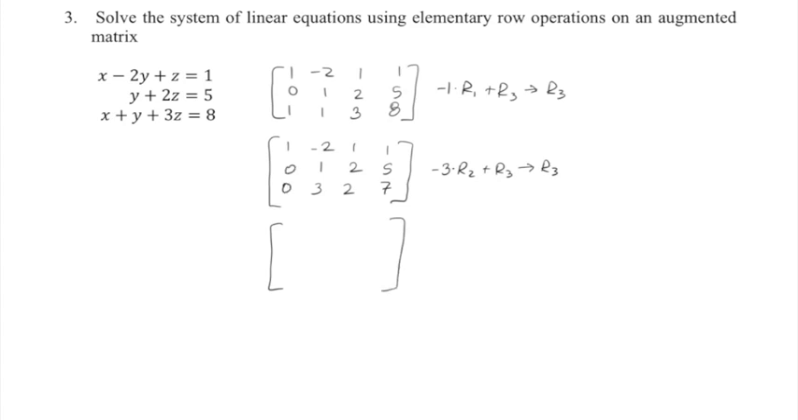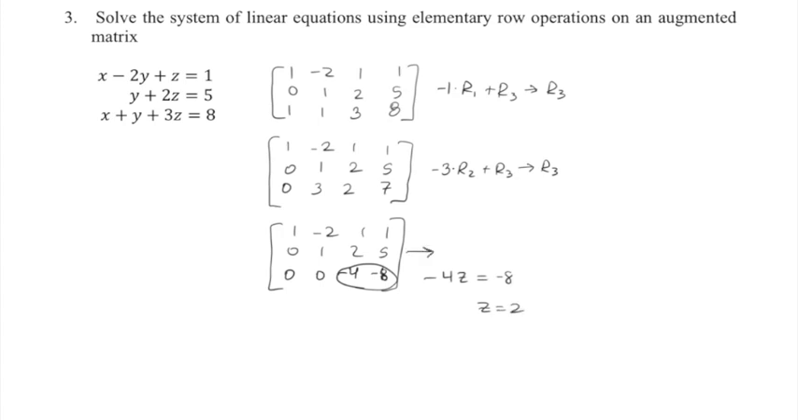So 0 times negative 3 plus 0 is still 0. 1 times negative 3 is negative 3 plus 3 is 0. 2 times negative 3 is negative 6 plus 2 is negative 4. And 5 times negative 3 is negative 15 plus 7 is negative 8. And technically it's not in row echelon form, but we can still solve now. It's far enough along where we know that negative 4z equals negative 8, which means that z is equal to